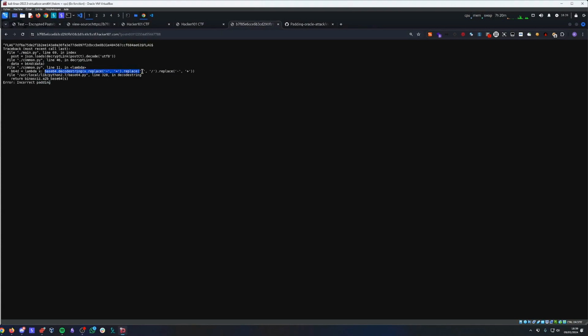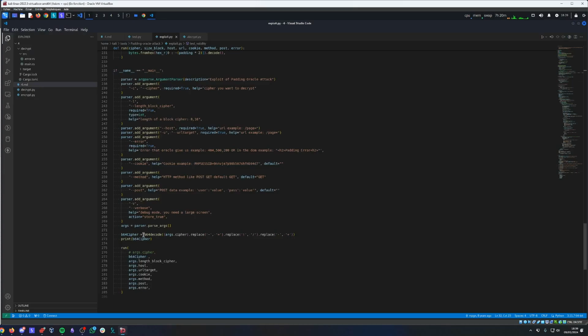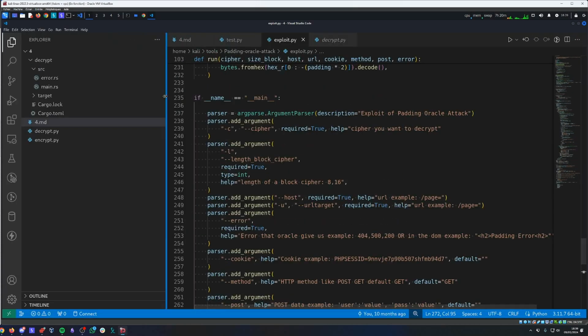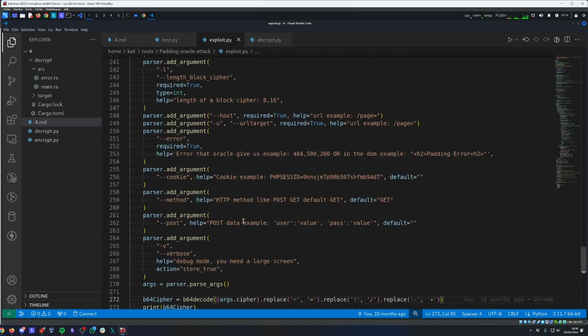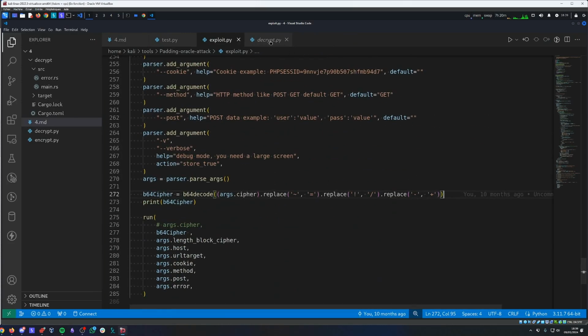So we need to basically take off the tildes, the exclamation marks, and the minuses, and convert them to the correct thing. I've done this here. So with this small change, we can now run the command, which will be